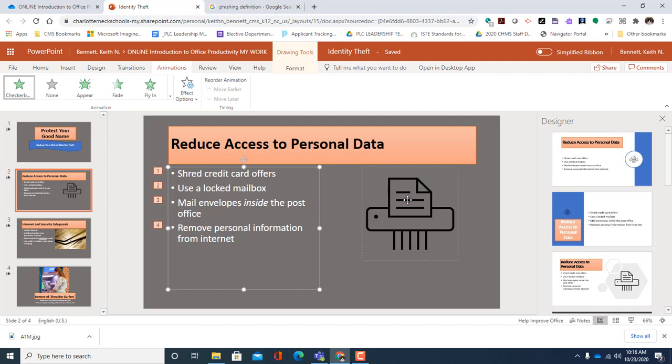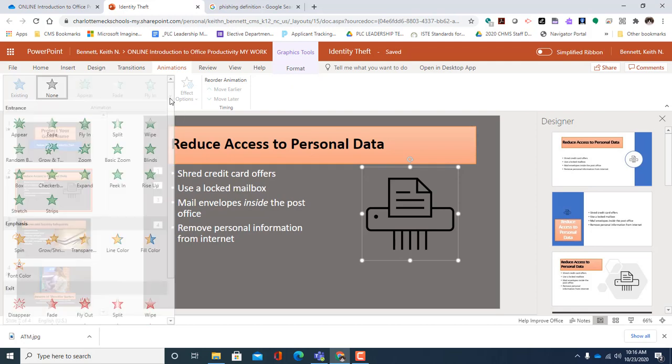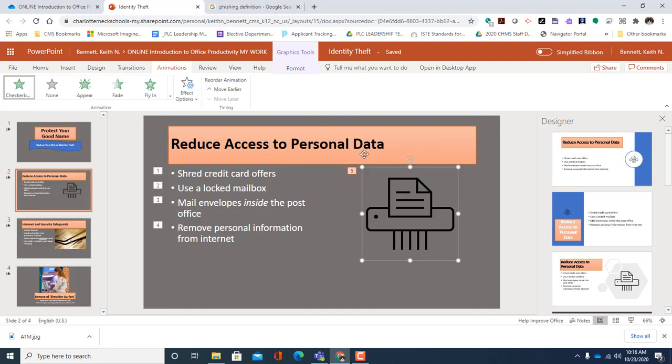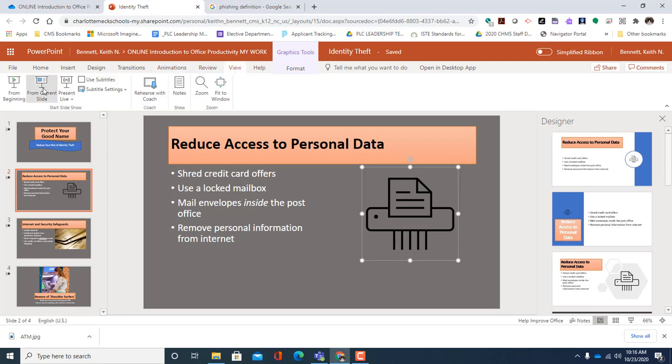Next I want to click on this image of the shredder, and I also want to add checkerboard to it, and notice how it's got a number 5. This is one of the neat things you can do with a presentation. If you were to view this presentation right now, these items are going to come in one at a time. Let me demonstrate it to you. I want to click view, and this time I want to click from current slide,